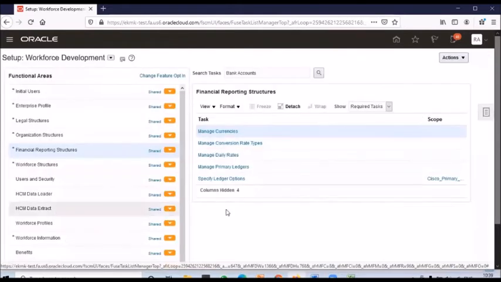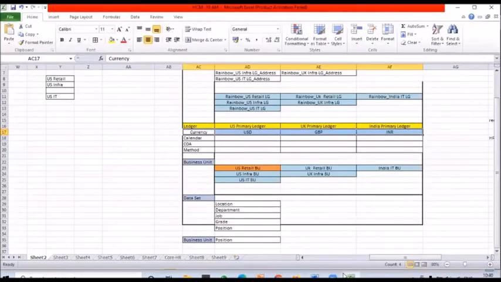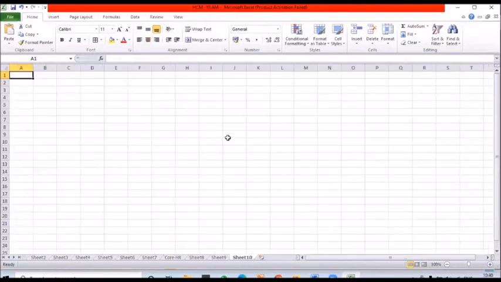The next thing, when you talk about currency, you definitely have two types. One is the functional currency, and the second one is the foreign currency. Now in the US, USD is the functional currency. In the UK, GBP is the functional currency. And in India, INR is the local currency. So say you are in India and you want to transfer money to USD, or you are in the USD and you want to transfer money in GBP. When you want to do a transaction between the functional and a foreign currency, we definitely require exchange rates.